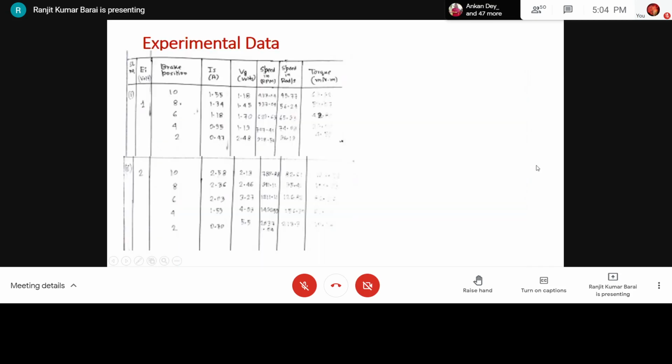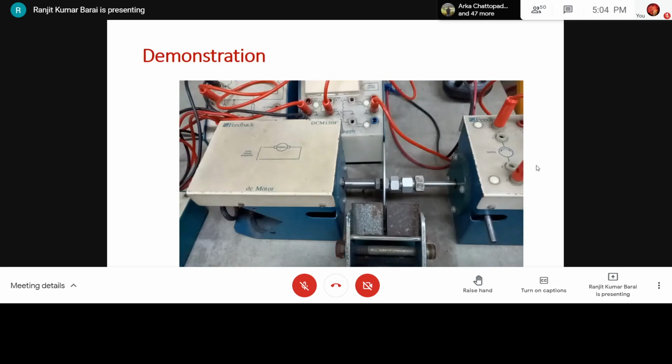Now I'll enter into the experimental part, although I have taken a snapshot from a report readily available at the laboratory. Before that, let me read out the experimental procedure. All the connections are done, so I'm omitting that. The first thing that we have to do, let me read out. If you have the file open in front of you, you can also read from that instruction sheet.